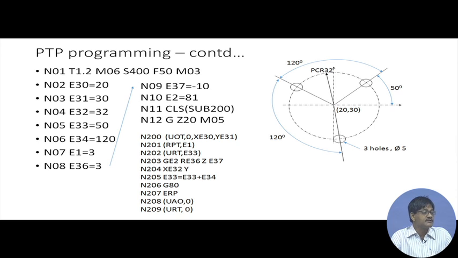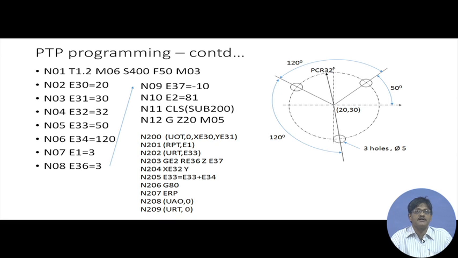Use origin translation. So, with respect to the origin depicted as 0, which is the machine coordinate system origin, we are supposed to shift the origin to the point x E30, y E31. That means by 20 and 30 respectively, because E30 is equal to 20 and E31 is equal to 30. So, we basically have simply an origin translation, offset to the machine coordinate system by 20, 30.